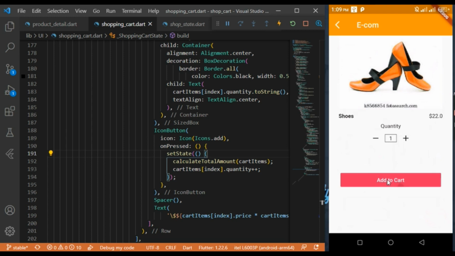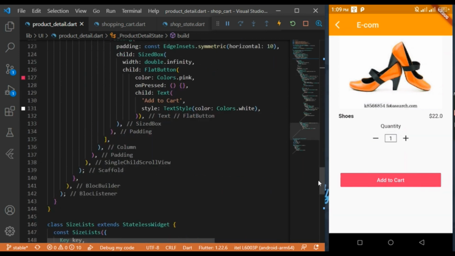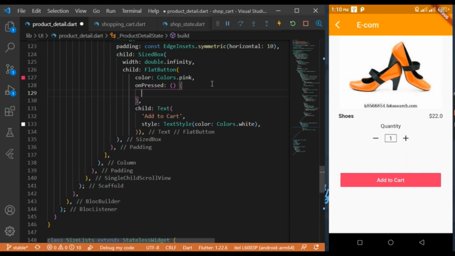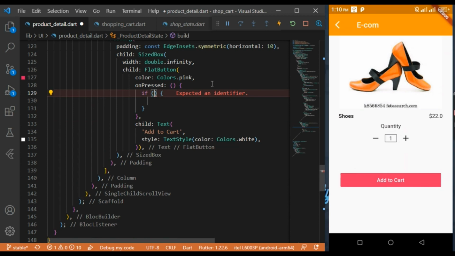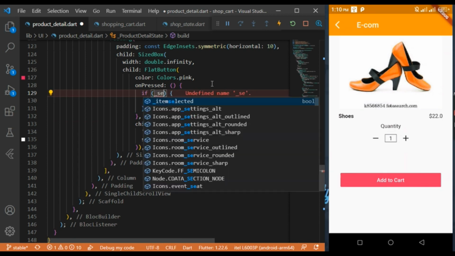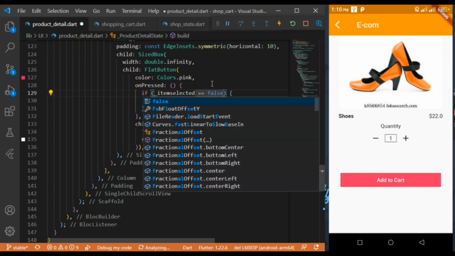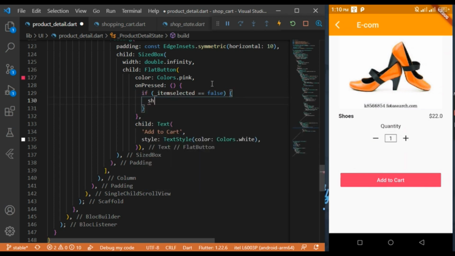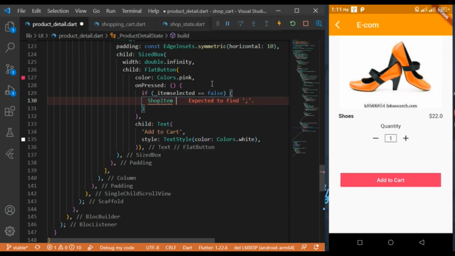If I click on add to cart button, nothing happens. So let's update on pressed callback. Here first I am adding if condition. In that condition would be item selected equal to false. In that I will add shop items each properties, so that I am giving it a variable cart item,